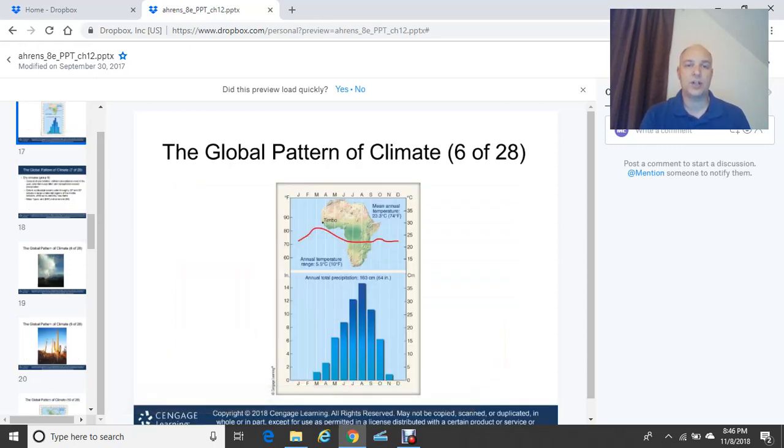So what would it look like for a wet and dry climate? Okay, so we'll take an example of Timbo in Africa. Timbo in Africa, its mean annual temperature in the city is about 74 degrees Fahrenheit, and its annual temperature range is a little bit more now, 10 degrees Fahrenheit. So a 10 degree Fahrenheit range between the coldest and the warmest months,